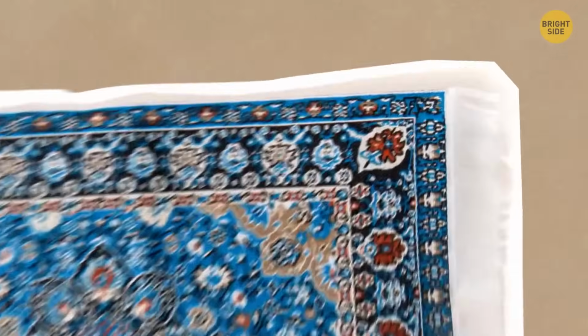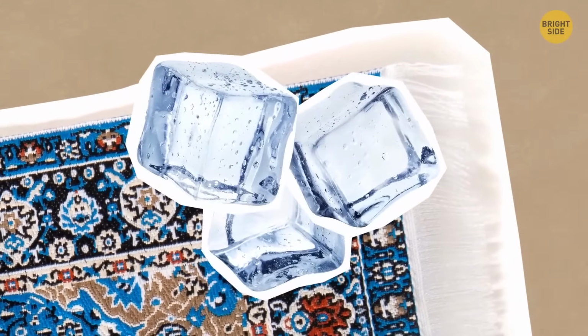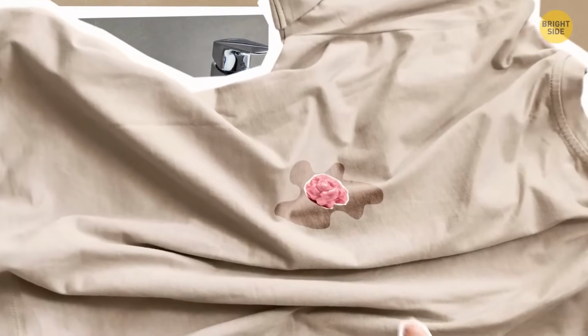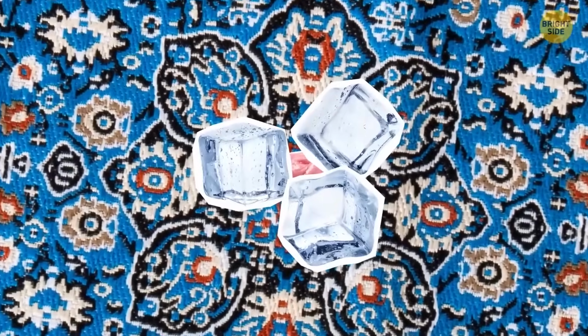Here's something you wouldn't expect. Ice cubes can help you remove gum from carpet, clothing, and hair. Just put your clothes in the sink and add ice cubes. Leave it like that for a while. Ice will freeze the gum, so you can chip it away more easily. If the gum got stuck on the carpet, leave ice cubes right in the critical spot and remove the gum